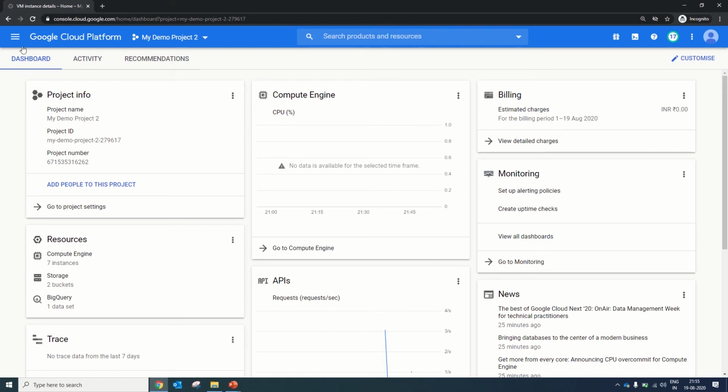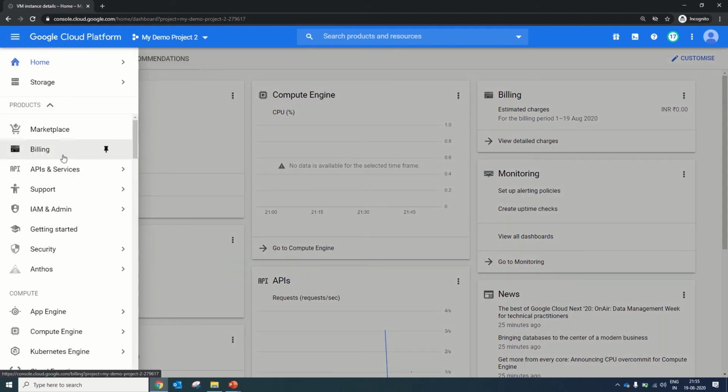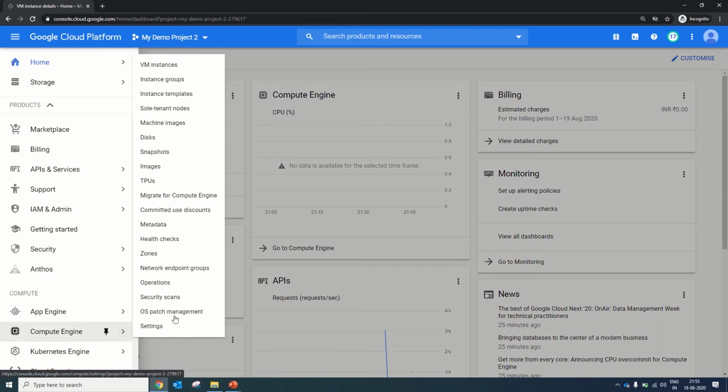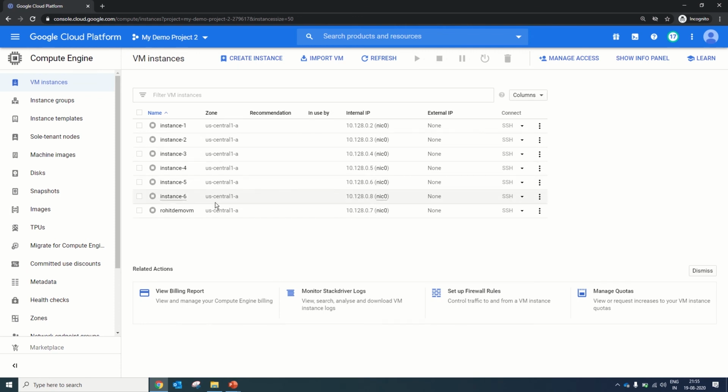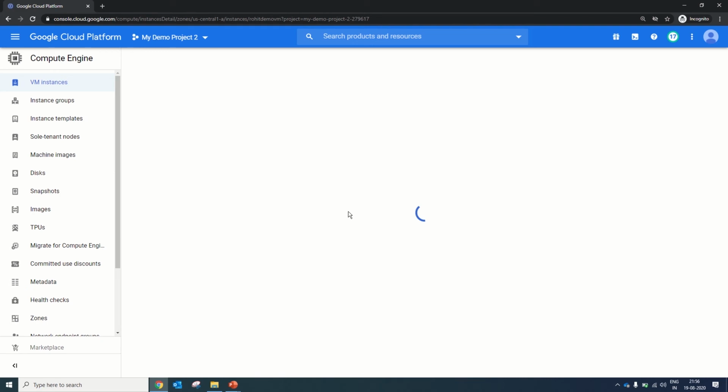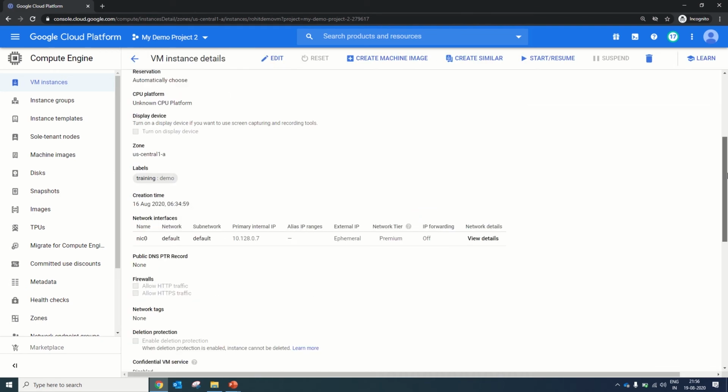For this, you just need to browse to Compute Engine from your Google Cloud Console page, and in Compute Engine, go to VM instances. On the VM instances page, you will see all instances available in your Google Cloud account. You need to click on any of the VMs to review and edit the properties. It will open the properties page from where you can edit the VM instance properties. So let's click on this VM and we will see what options we have related to disk.